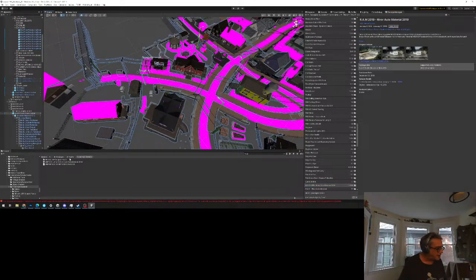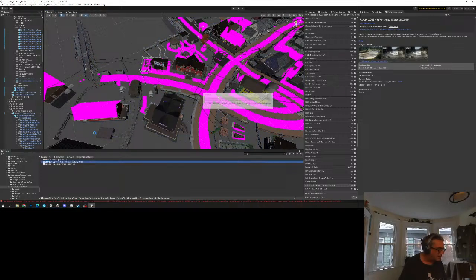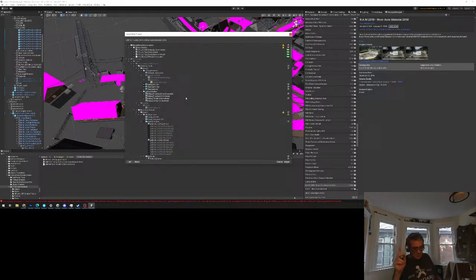So, there we go. URP, HD and URP support packs. URP for River Auto Material. Install that. Now, you'll notice the terrain. There's no terrain underneath here. In fact, we're going to go into the main scene and play it, and you'll be able to see there's no terrain. That is because